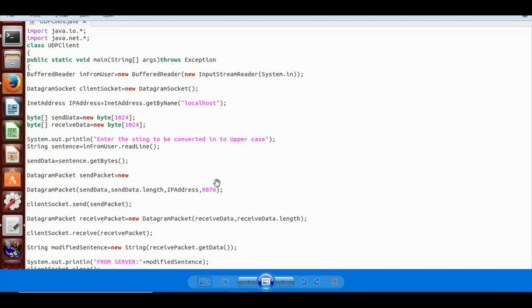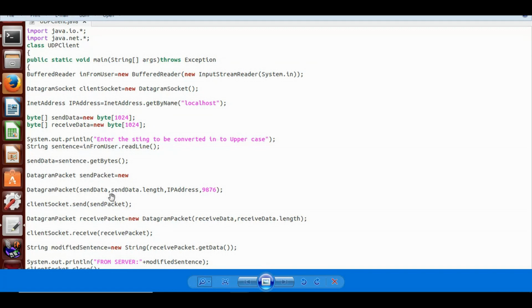The client should know to which port it needs to send the data. You remember this port number 9876, because whenever you are creating the socket on the server side, you need to mention the same port number, because you should make sure that this port number is available for the client.